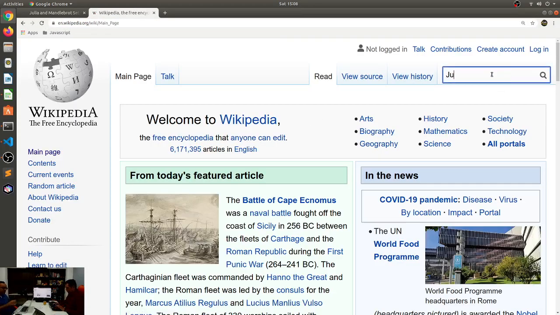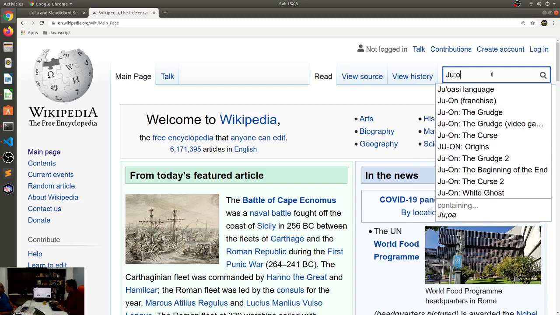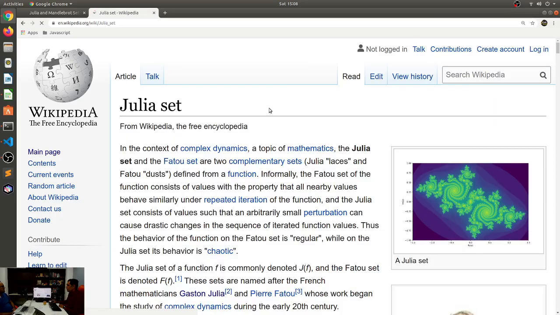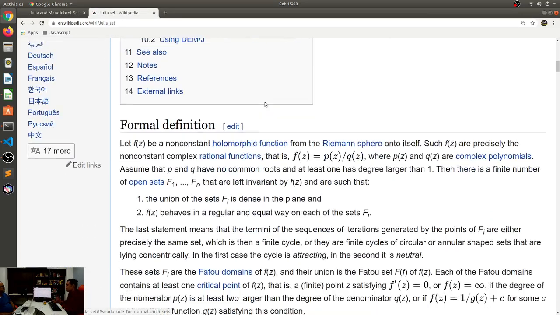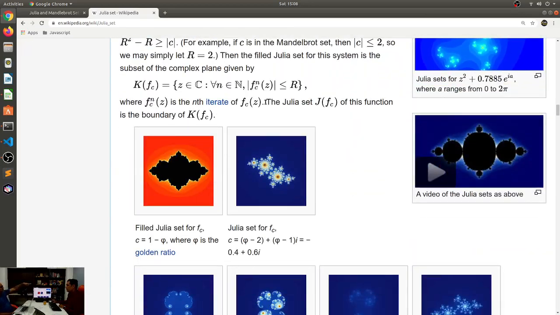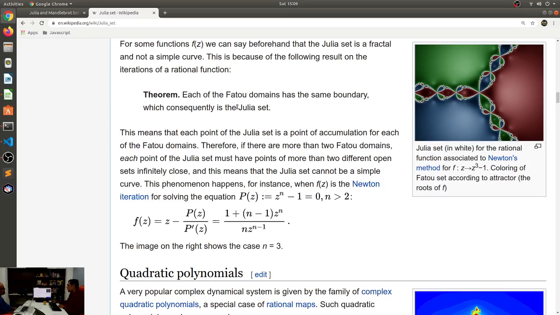Once again, because the Wikipedia page actually lists some very beautiful patterns for specific values of C. And so we'll just take those and we'll plug it into our function. Oh, what about that first one? No, that's actually a different function. I think it's z cube minus 1. Wow.